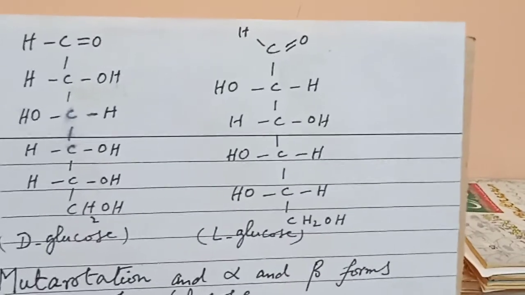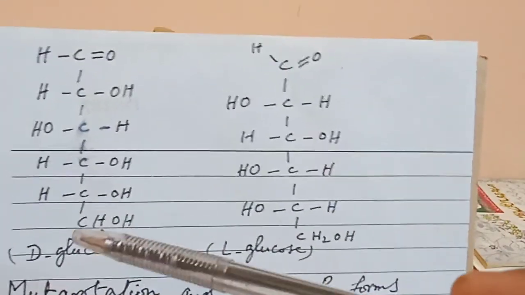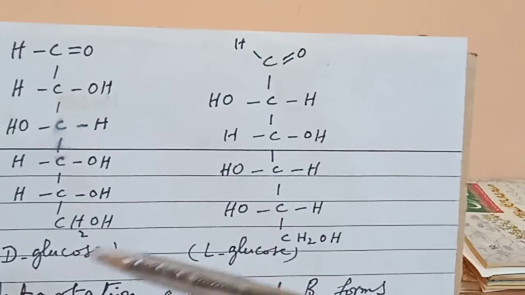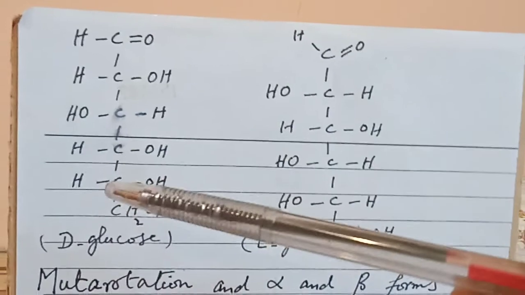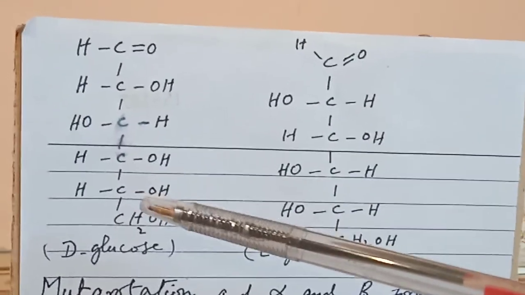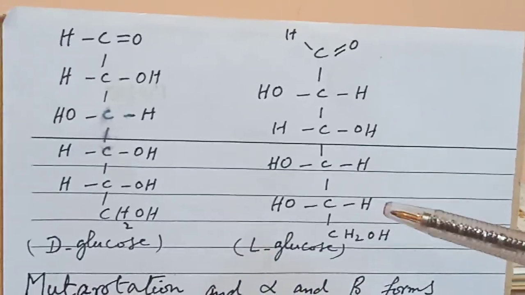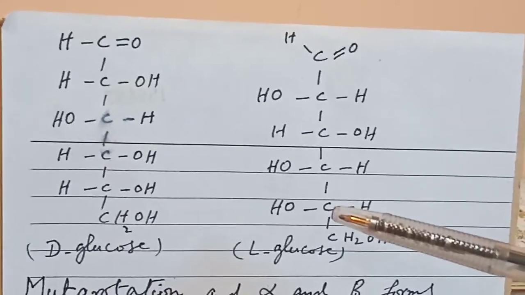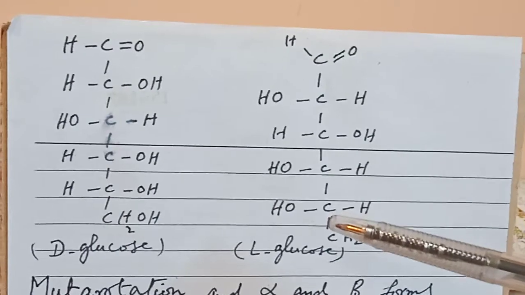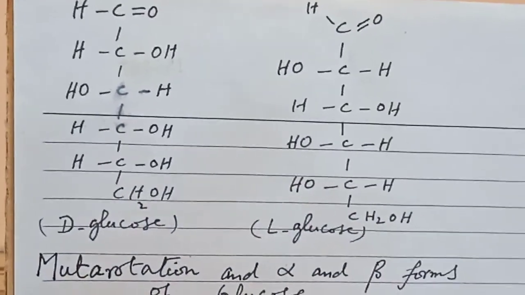Here, students, this is the structure of capital D and capital L. This is the dextrorotatory type of sugar, D-glucose. This is the levorotatory type of sugar, L-glucose. Here at carbon number 5, the alcoholic group is located on the right side, which is determined as D-glucose, while in L-glucose the alcoholic group at carbon number 5 is on the left side, which is called the levorotatory L type of sugar glucose.